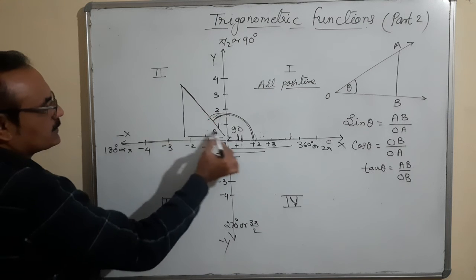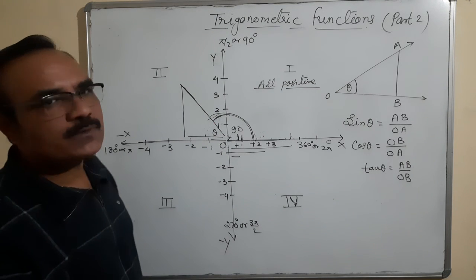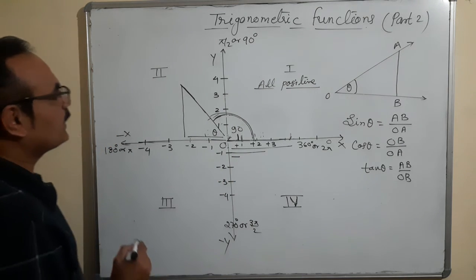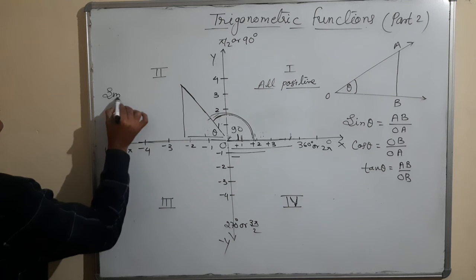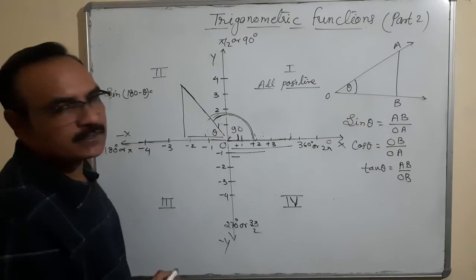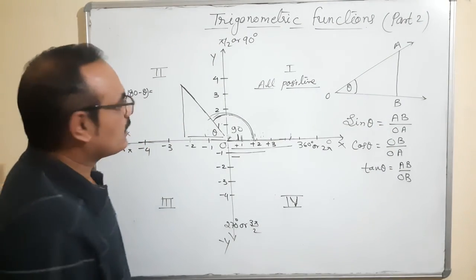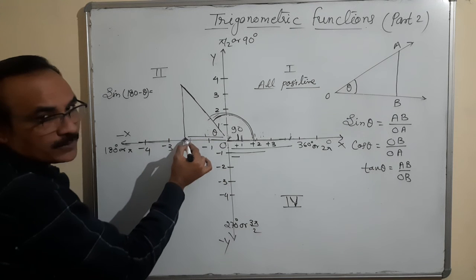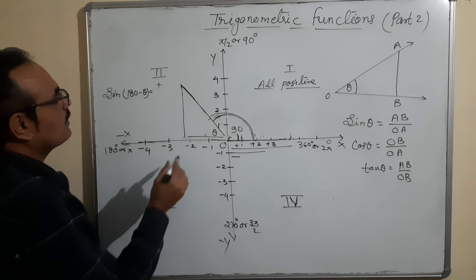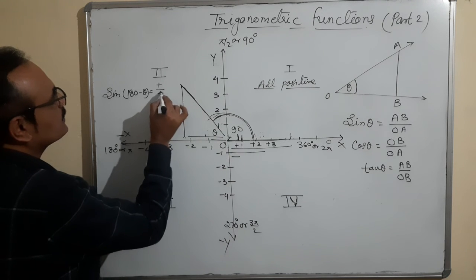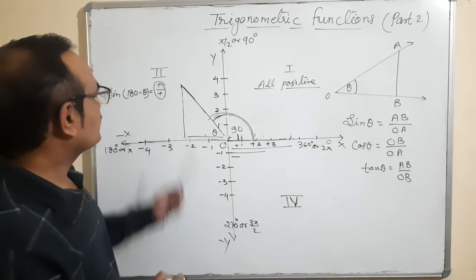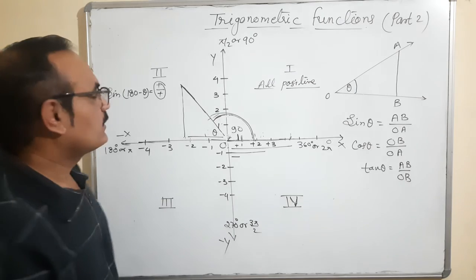Okay. Now let us see this. Here when we are finding the value of sine 180 minus theta, this angle, sine 180 minus theta, sine is opposite side upon hypotenuse. Opposite side, this is always on the upside, so it is positive. Upon hypotenuse is always positive. That means this value, sine 180 minus theta, what is coming? Its value is positive, right?